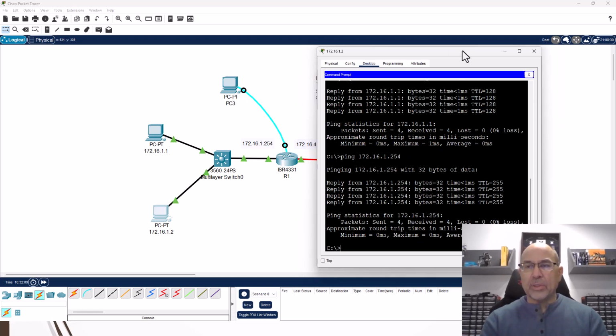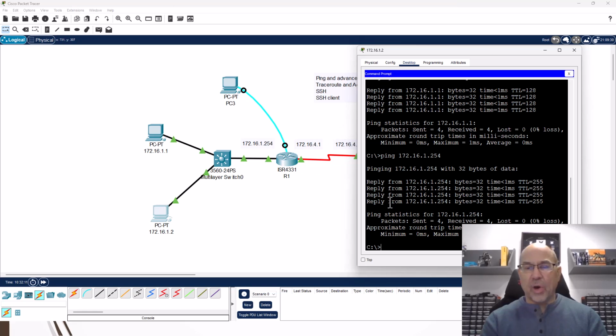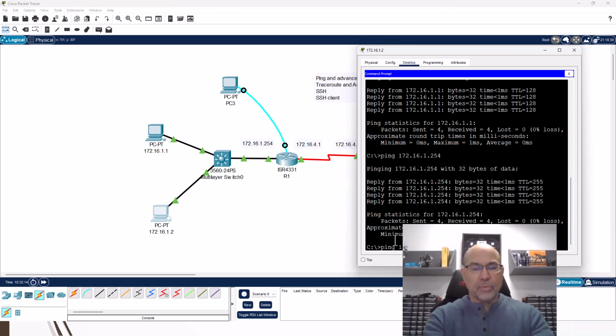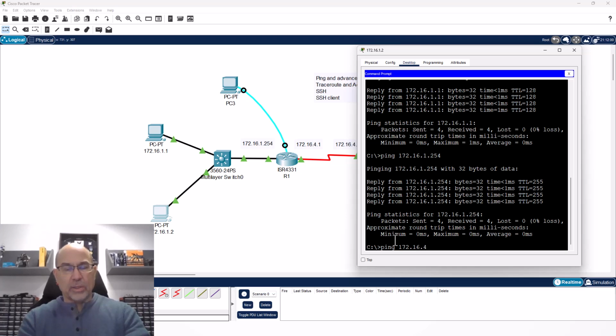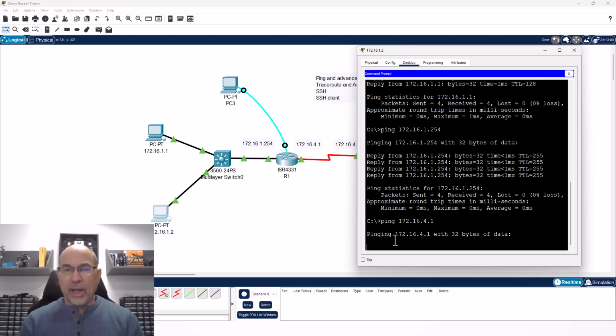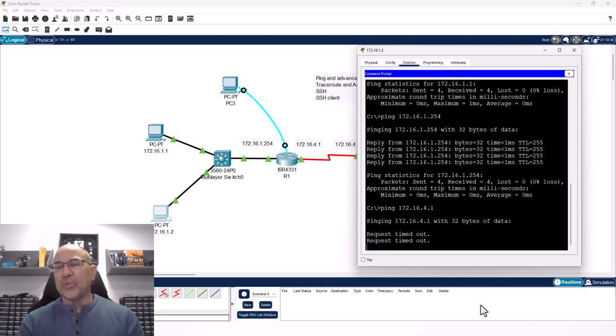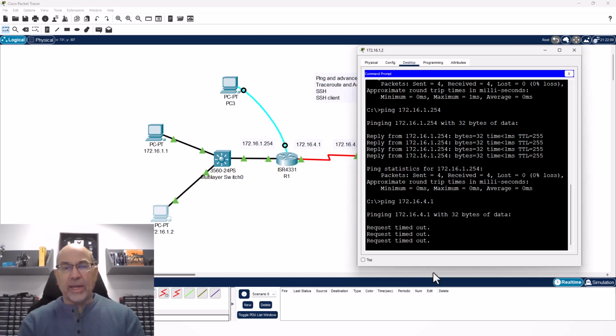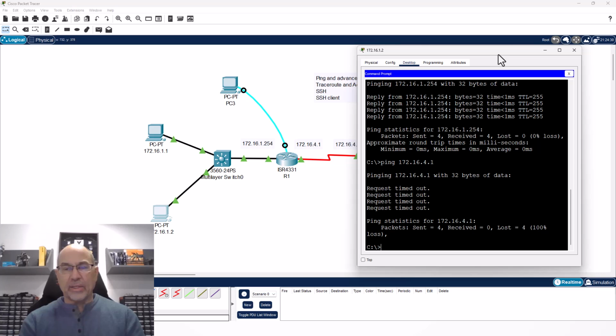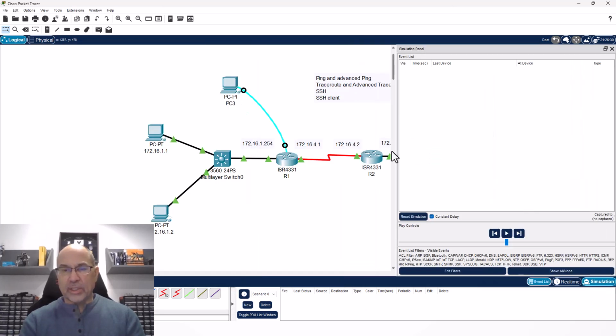But what happens when I ping somebody that's off of my network? Well, the host says, I'll try, but I don't have a default gateway, and that host is not on my network, so what do I do? Now, this is related to another problem. So I don't have a default gateway. That's why this fails, right? I never attempt to go to my default gateway. Now, we can verify that. If we take a look at the simulation,